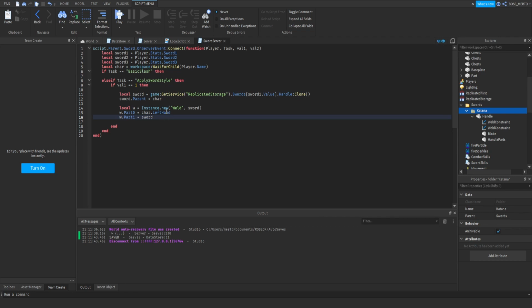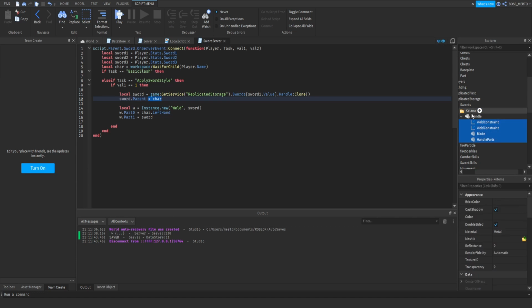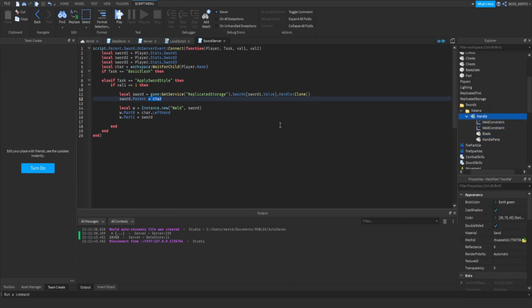So what happens right here? So we are cloning the sword and we are putting it inside of our character. Well, we are basically cloning this handle part, okay? With all of its components inside. We're not cloning the folder, but we are cloning this handle part. We are putting it inside of the character, and we are creating a new variable W, which represents a weld,